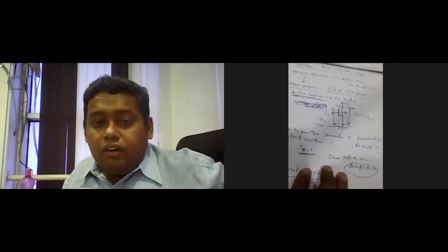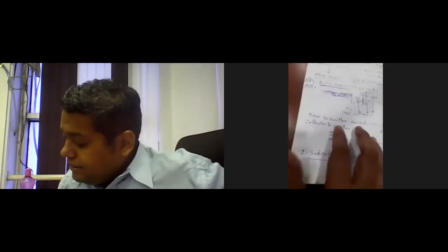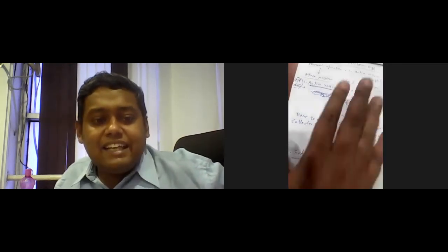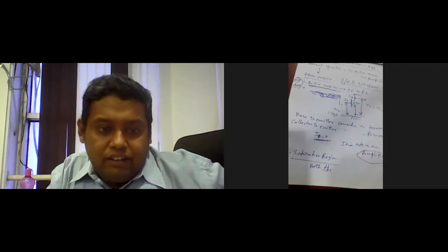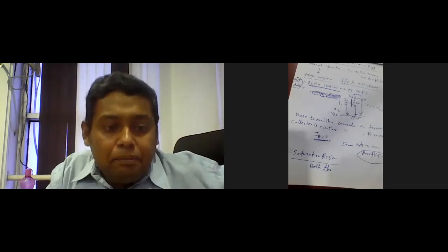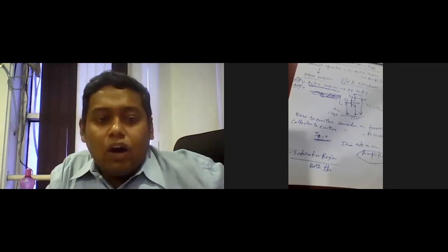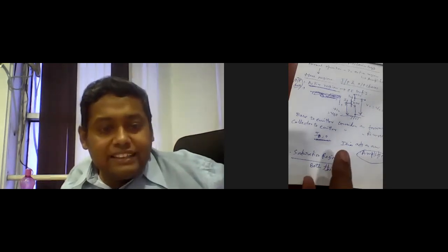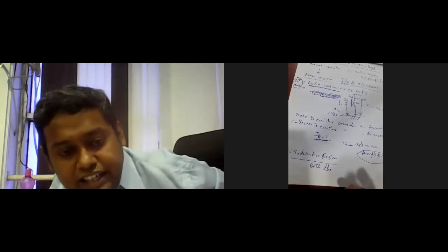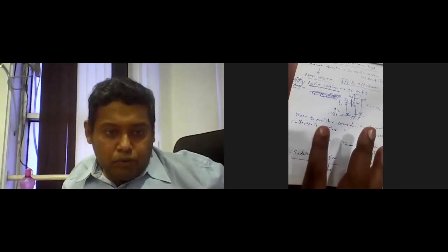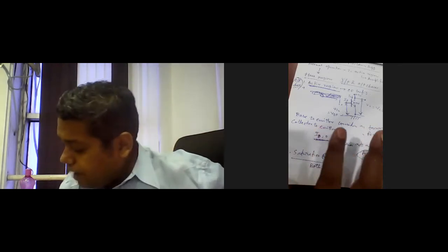Now if we consider the base to emitter side, the input side is forward bias and the output side is reverse bias, then it acts as an amplifier. That means the output is amplified with respect to the input. And if the input current IB equals 0, in that case the output side is reverse bias, and only the reverse saturation current is present. In that case, the output voltage progresses linearly with respect to the input voltage. So it is the normal mode of operation of the amplifier circuit.